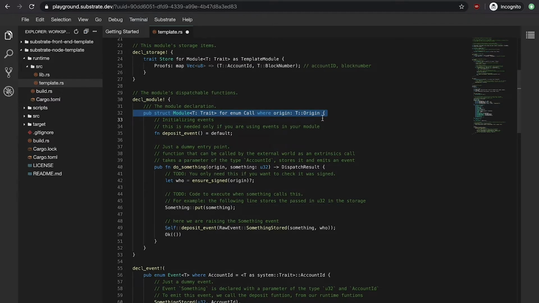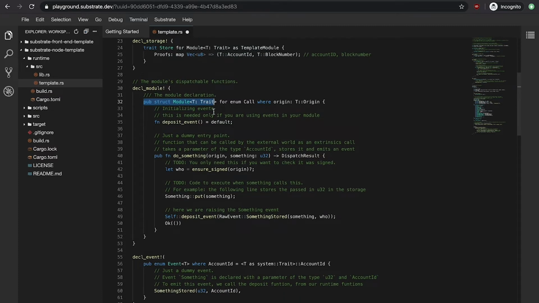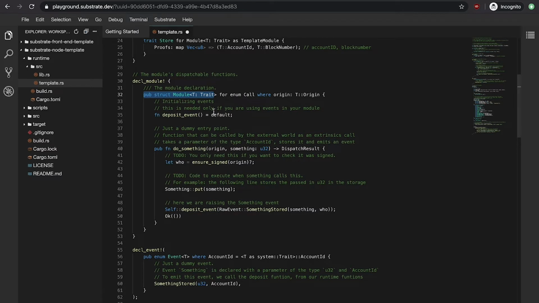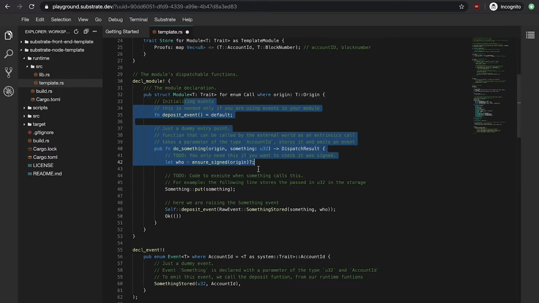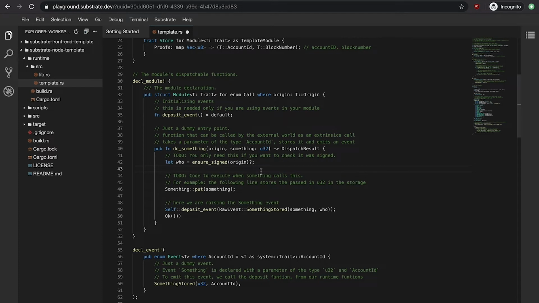And the macro roughly interprets this header to mean create a public struct module with type trait, which if you remember actually just inherits from system trait. And this again gives you all of the core data types and other things out of the box. And also create an enum called call, which behind the scenes will turn every function that you create inside the module into a callable thing on the blockchain. And finally, where origin T origin just aliases T origin,